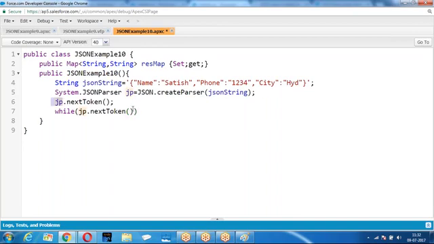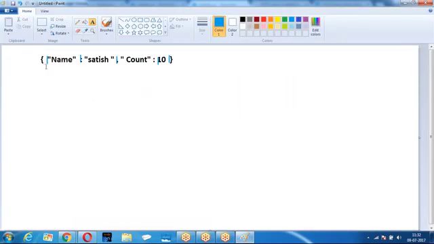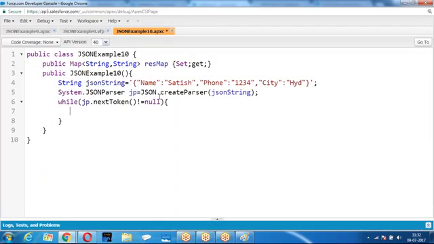I am checking if the next token is not equal to null. JP is the cursor, and nextToken means move the cursor to the next position. Right now I am here. When you say JP.nextToken, move the cursor to the next element.